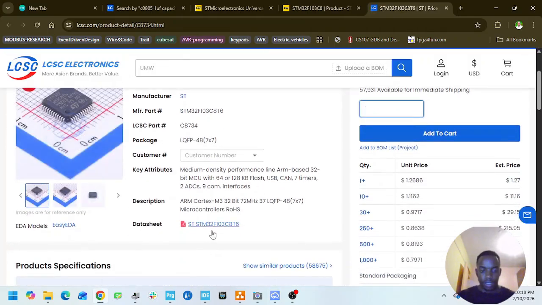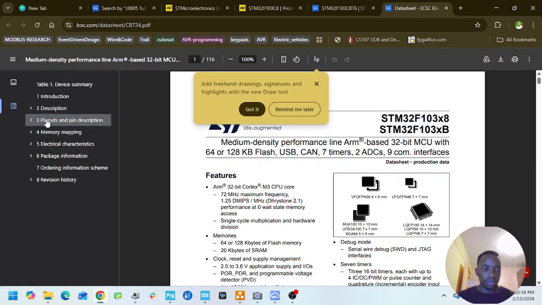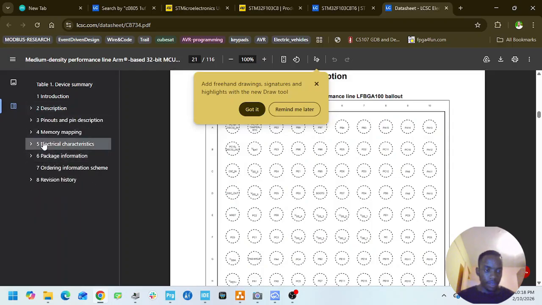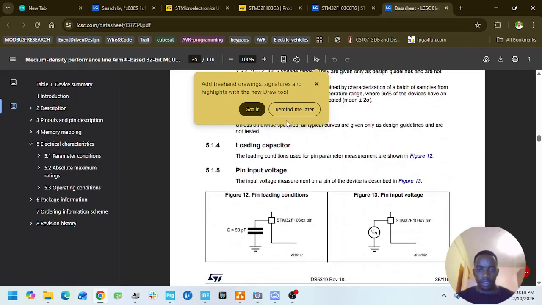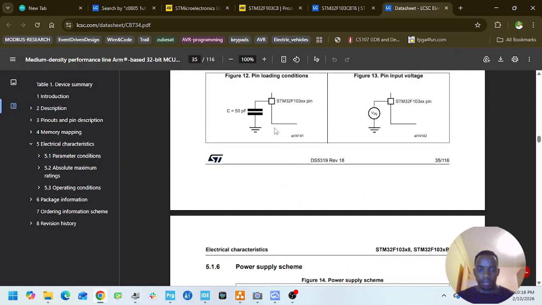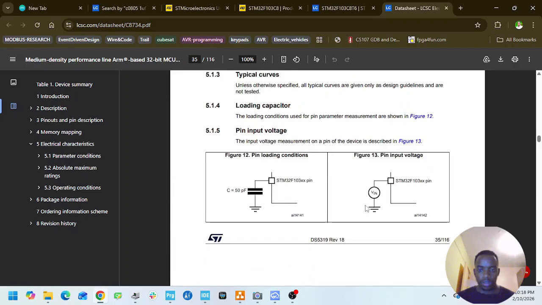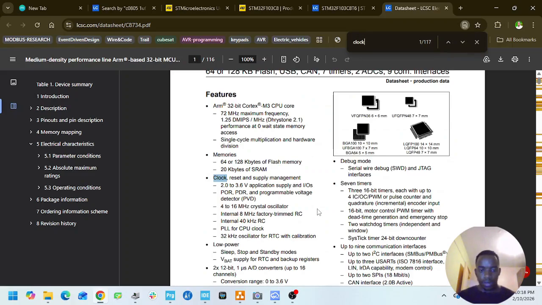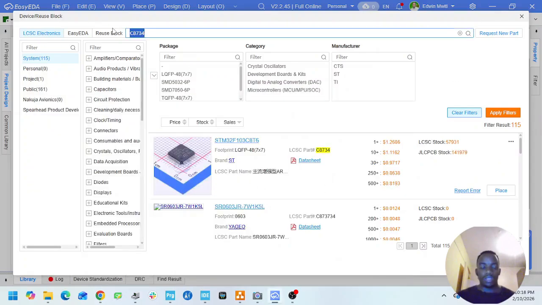So in the data sheet, we go to clock, not here, electrical characteristics, let's see, let's look for clock. Okay, 4 to 16 megahertz crystal oscillator, right? So you can use 8, you can use 16. So 16 megahertz crystal,